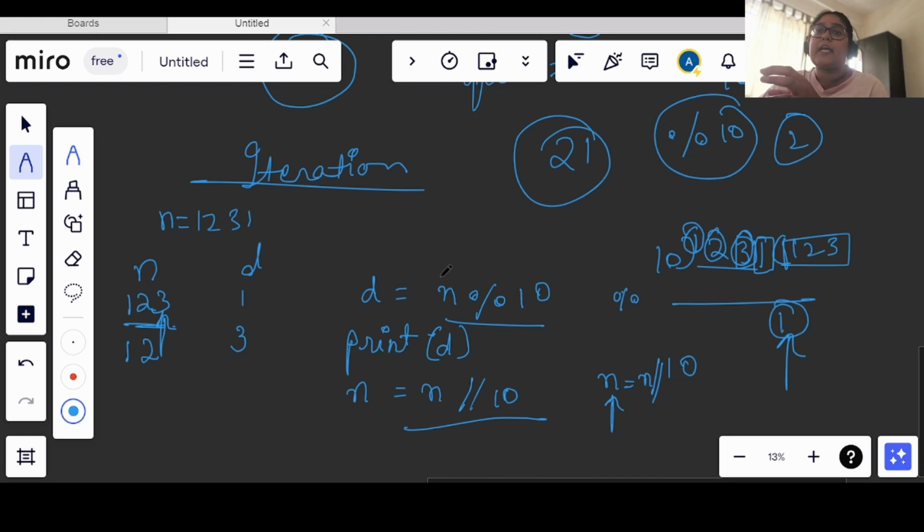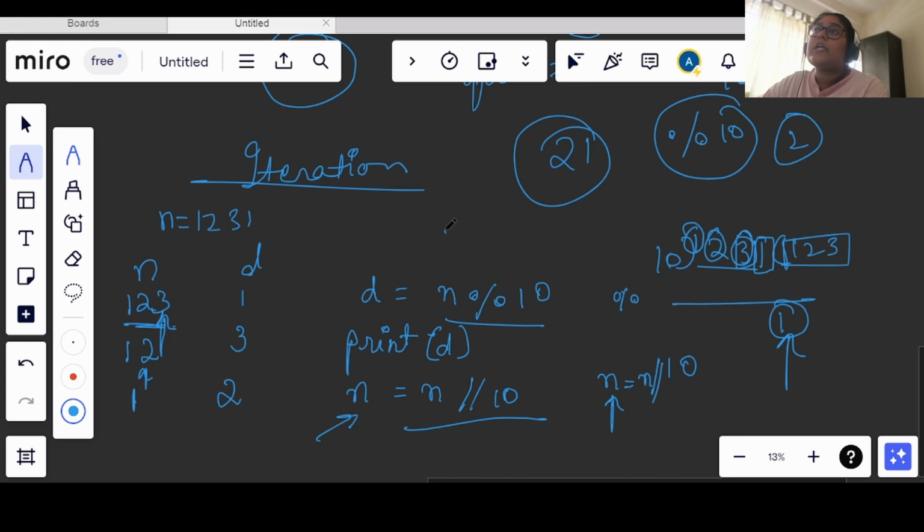Again in the next step, we take n mod 10, and I will get 2 as the next digit. After getting the digit, we divide n by 10, so the quotient will be 1.